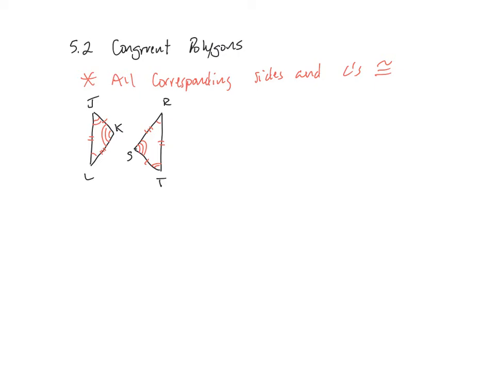Okay, so it's labeling all these different sides and angles, the corresponding ones being congruent. So the shape's turned a little bit, but you can see that the angle L has the one little arc mark, and the angle R has the one arc mark, and then T has the two, J has the two, and so on. You could look at the whole thing. Okay, so